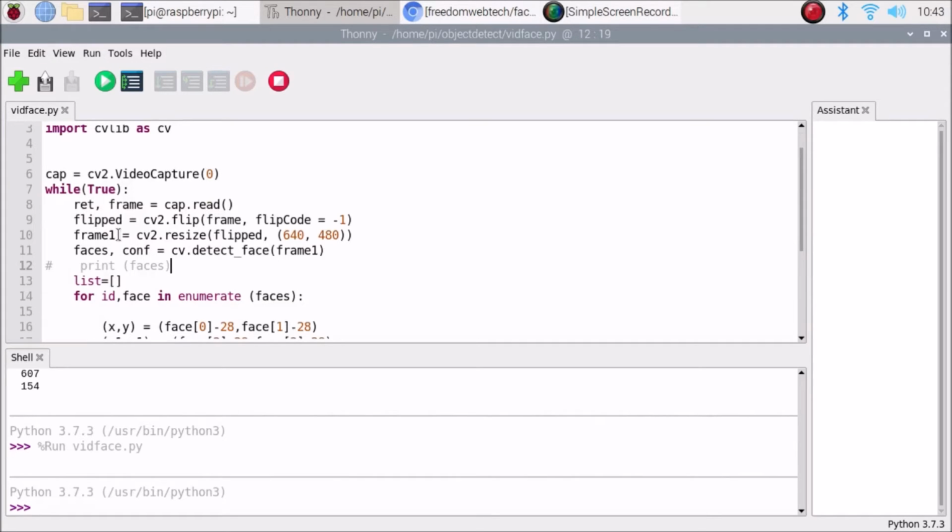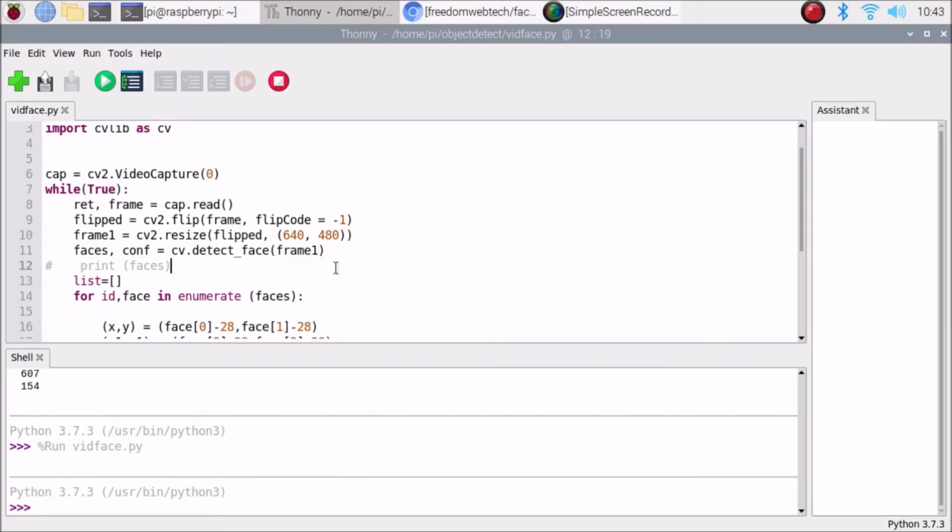These are the basic and common things which we always do in OpenCV for creating the video frame window. These are all normal things, and as you can see, faces, conf = cv.detect_face, and inside that I have passed the frame. That's it. This is the only one line which detects the faces.